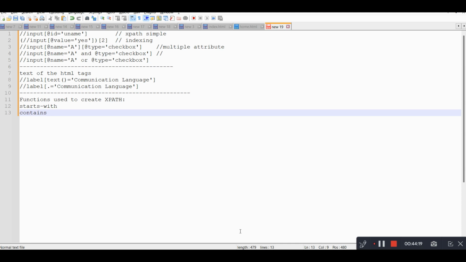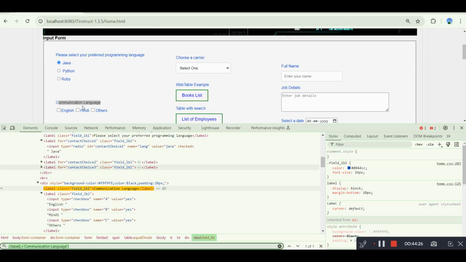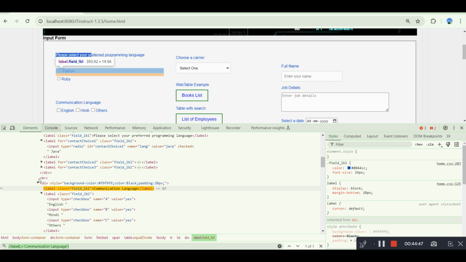Starts-with is something that, let's say, in the UI I have this field, and let's say this is a very big text, right? I don't want to use this complete text as the text of the particular XPath. What I want to use is the starting point of this particular text. In that case, I can use starts-with. So if I copy this, and this is also a label,